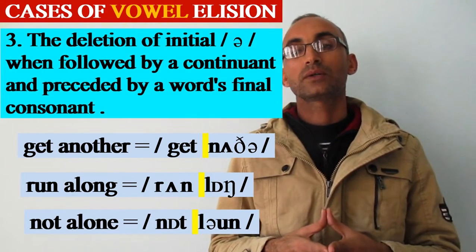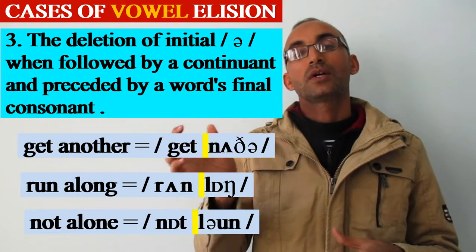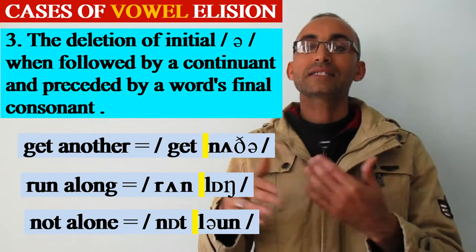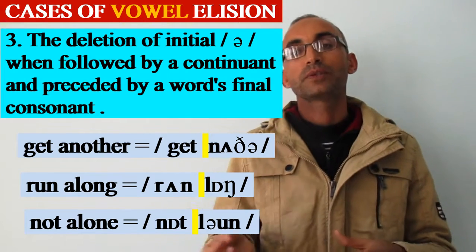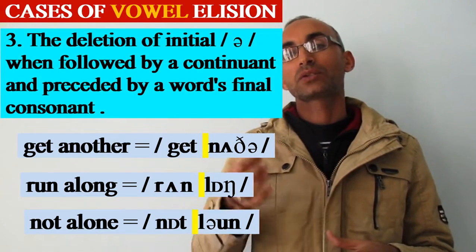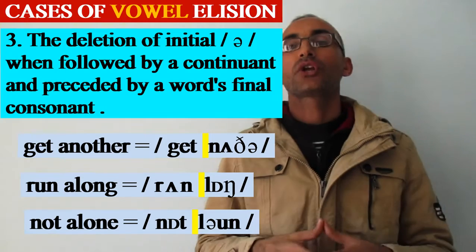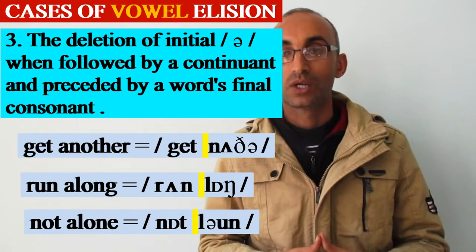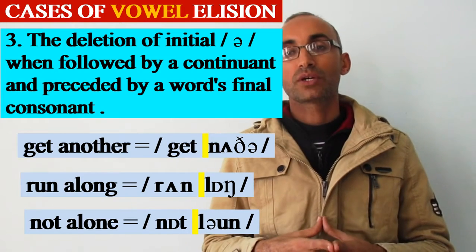Also, not long. Here also the second word starts with shva, and the word before it ends with a consonant. So here we drop the shva at the beginning of the second word and we pronounce it not long. It is not long. Also we omit the initial